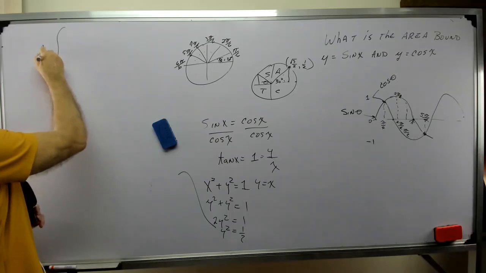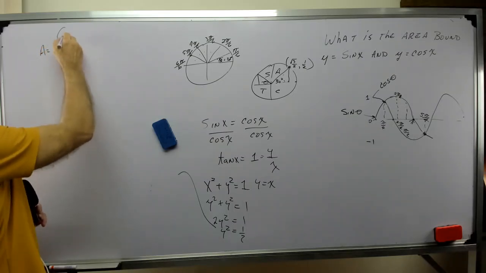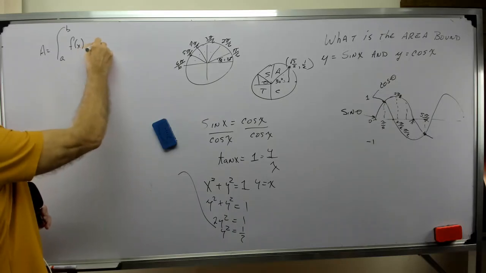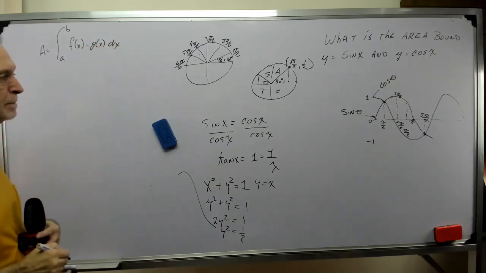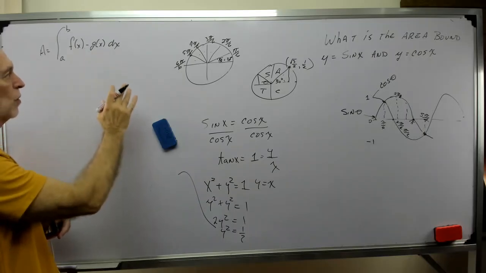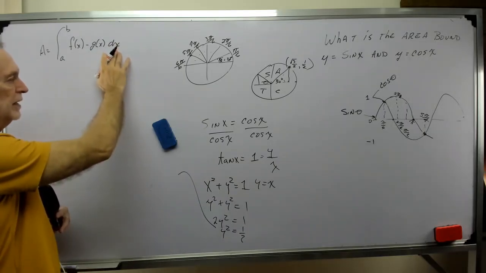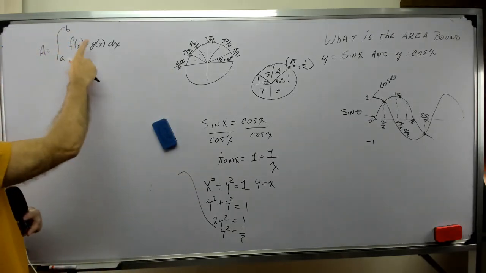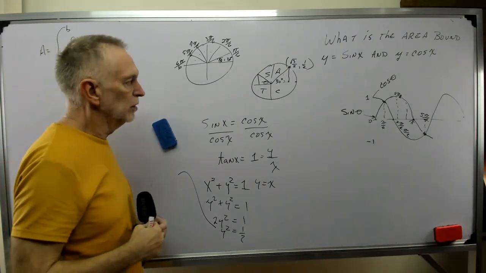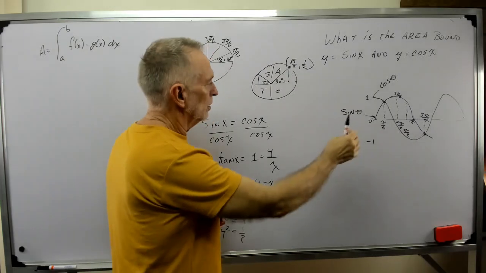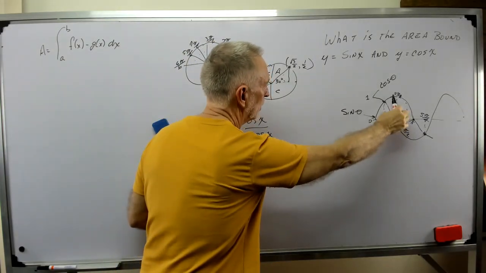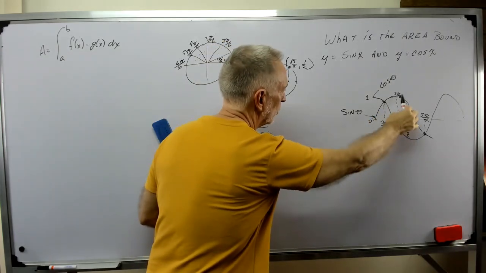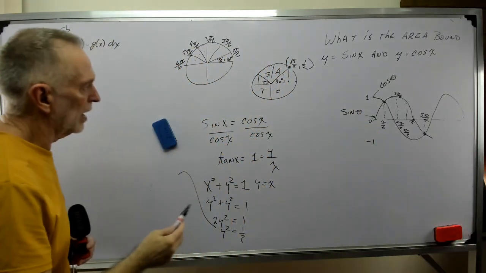All right, so the area then is going to be some limits, a to b of f of x minus g of x dx. Okay, and since we're integrating on dx, we're looking for the y value that's larger, and we're going to make that the f of x, and then the one that's smaller is going to be g of x. Well, if we take an x value and we go up, it's obvious this one is larger than that one at that x value. So we're going to let sine theta, or sine x we'll call it,